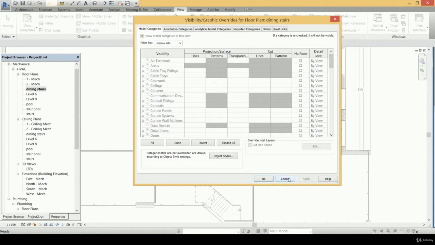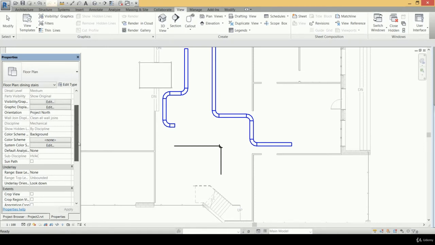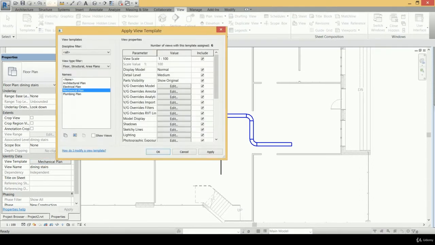And for that we press on cancel, and then we select the Denning stairs and go to its properties, and then we go down until the view template. So we select the view template here. And those are the same options that we have deselected for the plumbing plan, and for that we need also to deselect them here in that ceiling, which is the Denning stairs. So when we deselect those options, we will activate some options that we need to use or that we can